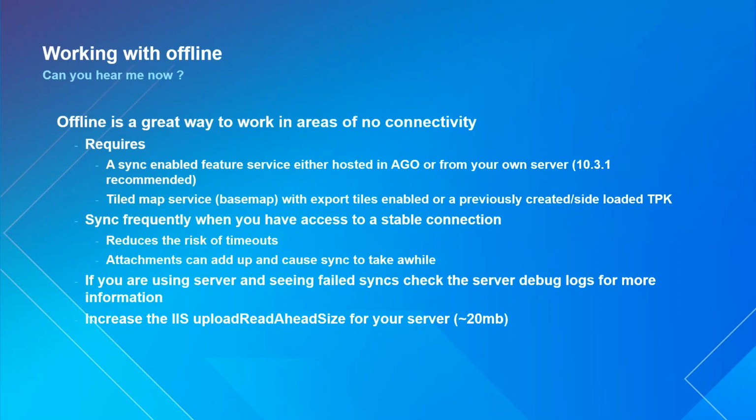So you just have to make sure that sync is enabled, and then a tiled base map service. Okay, so you could use the Esri base map, the topographic map, or the imagery base map, and what you'll do is actually download that stuff to your device. Okay, so that actually works pretty well. Some tips on this. When you're